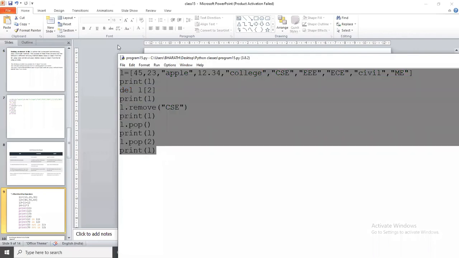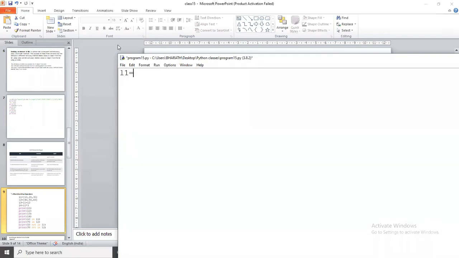So these are the lists. L1 equals 10, 20, 30. L2 equals 40, 50, 60. L3 equals L1 plus L2. L4 equals L1 into 3.